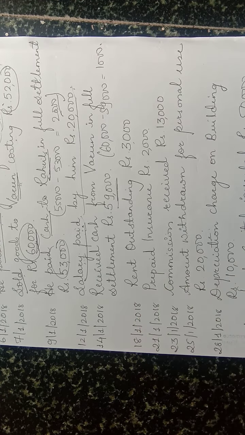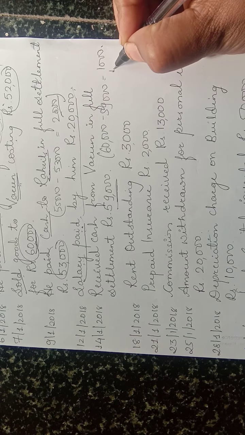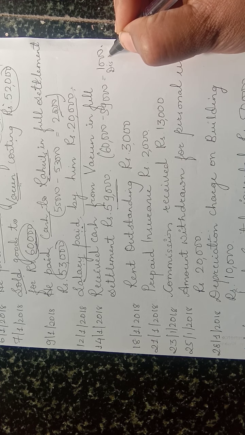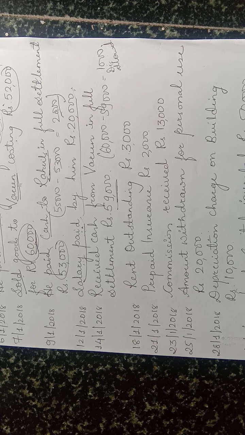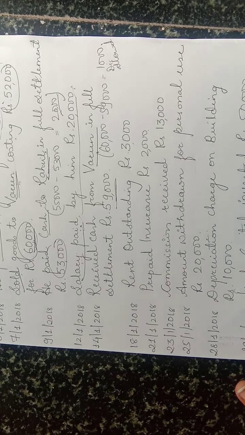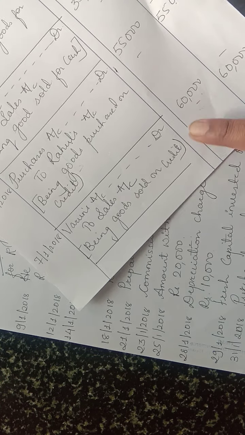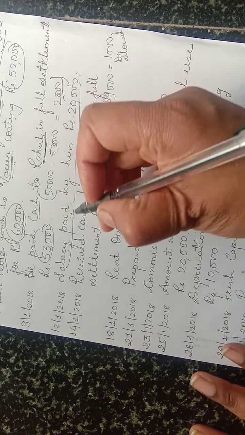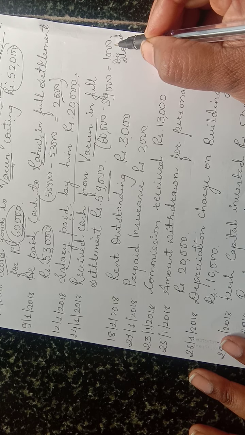It means it is our expense, right? It is an expense to us. It means it is discount allowed. If you are receiving less, then discount allowed. If you are paying less, then discount received. Okay, so 3 accounts will come. Varun's account: earlier Varun's account was debited by 60,000, now we have to credit by 60,000. Then we are receiving the cash. How much cash are we receiving? 59,000. And expense account debit 1,000.